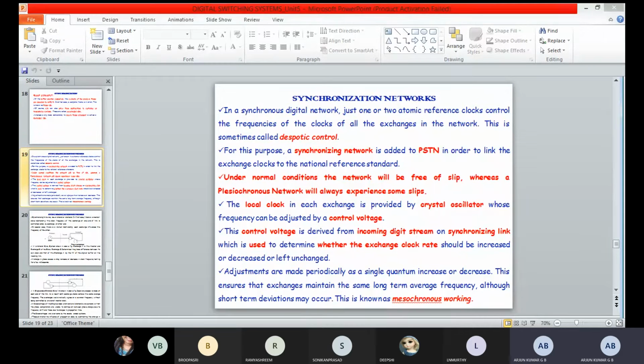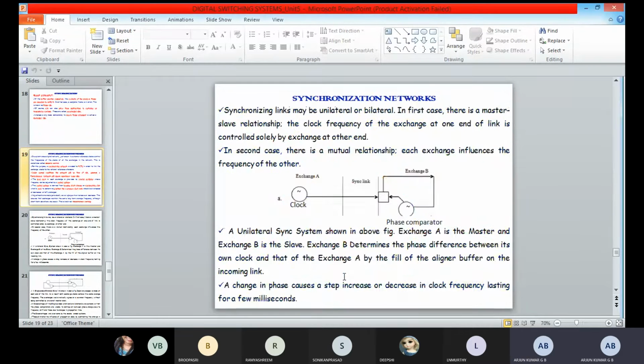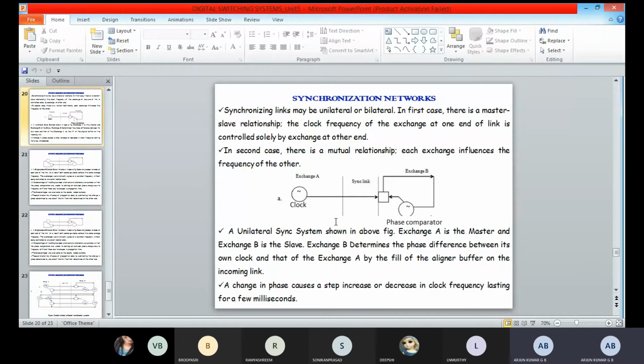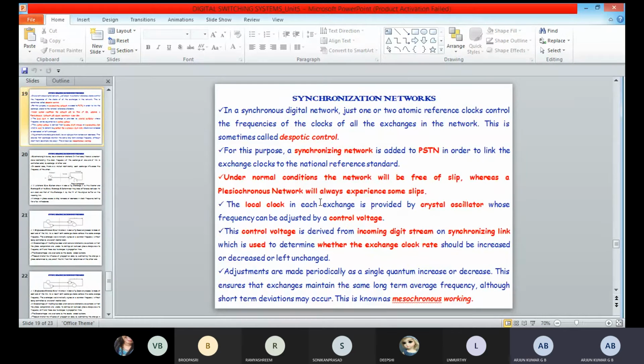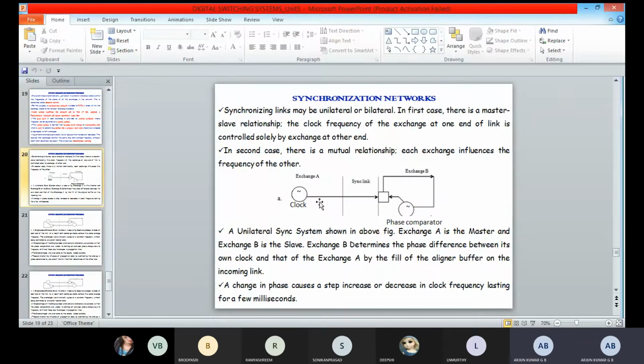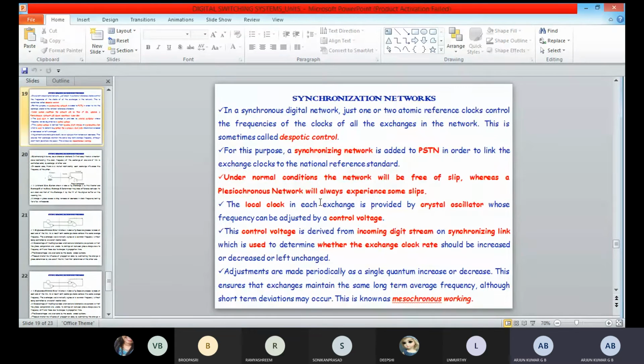Before going to that, you can see the figure. See here, these are the first cases. One acts as a master and another as a slave. So before going to that, why are we using this synchronization? The purpose of a synchronized network is to be added to the PSTN in order to link the exchange clock to